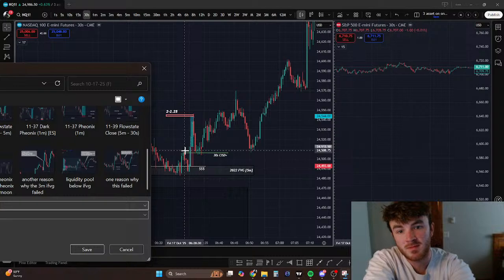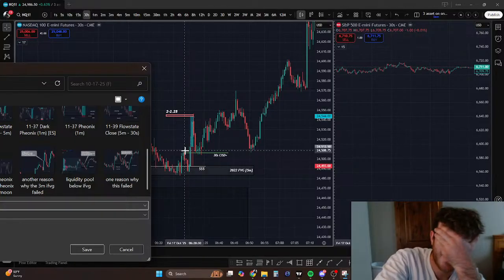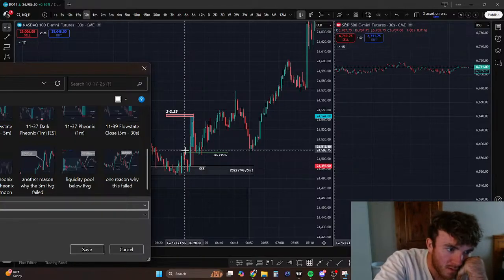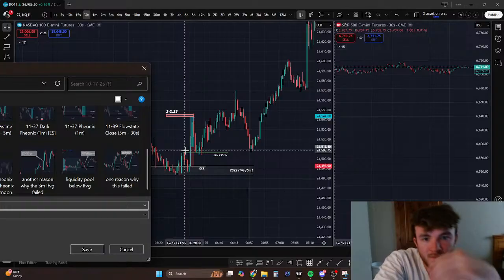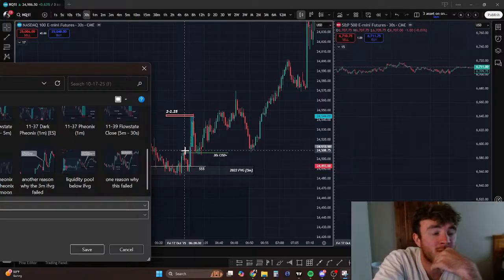Honestly, this one I might just consider it. Nah, I'll consider it flow state because it had a higher time frame gap. If there's not a higher time frame key level, I just consider it a CISD close. Yeah, 6:30. Not the most obvious trade in the world, guys. I don't know. Sometimes you just note what you see, even if it's not perfect. It's not the most obvious thing in the world, but